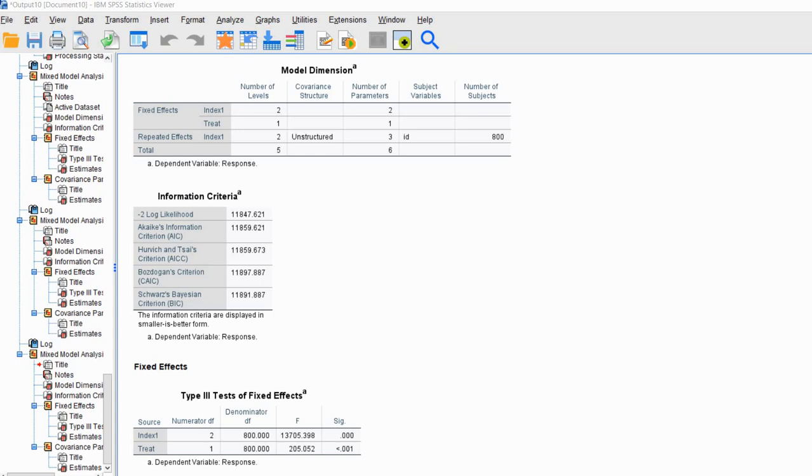So now what we're going to do is move on to another example where, in this case, we are going to acknowledge the clustering of student outcomes within schools. So we're going to take into account the school effects, if you will. And that's going to be really important because, as we've talked about earlier,